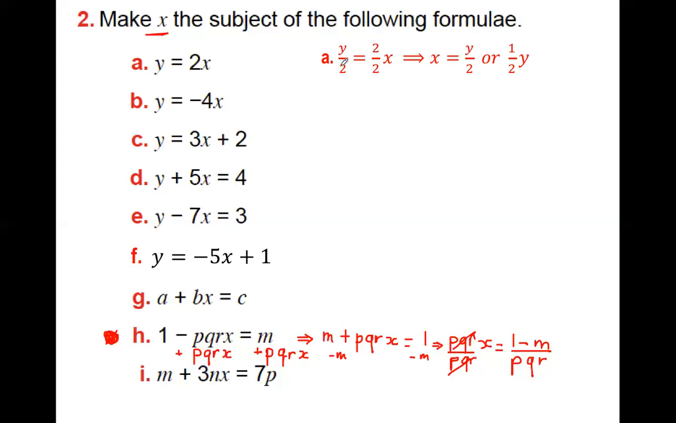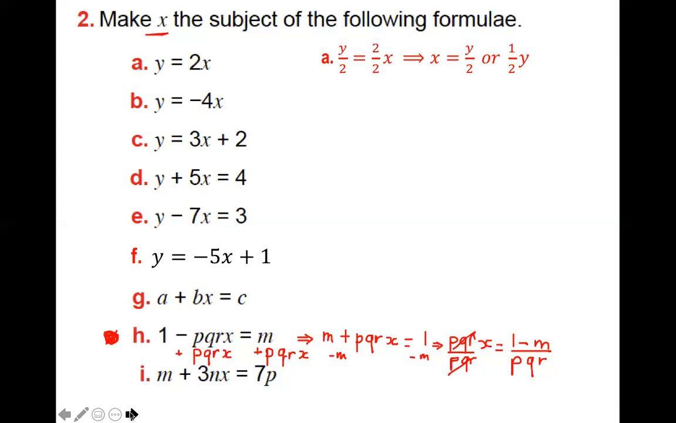And then you'll get y over 2 equal x, or you can just rewrite it as x equal y over 2. Or sometimes you see people even writing half of y. So it's the same thing. Half of y is the same as y divided by 2. Okay, so that's the first one. So that was an easy one. The next one is quite